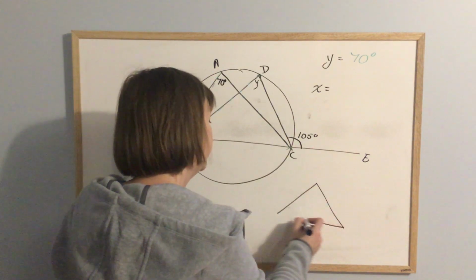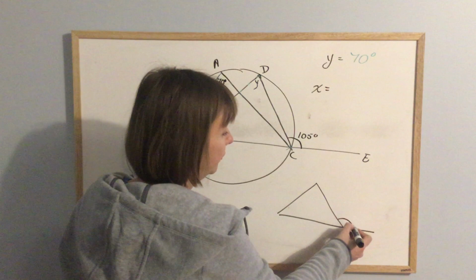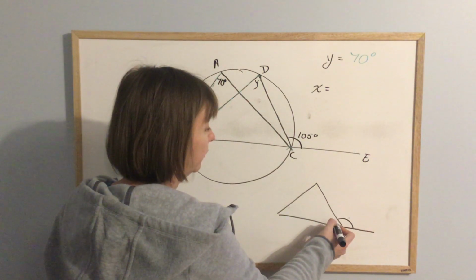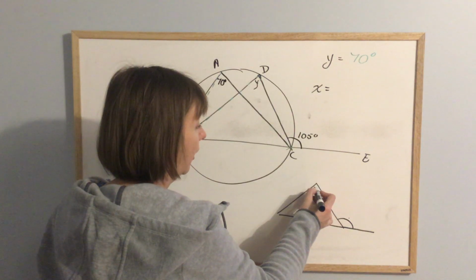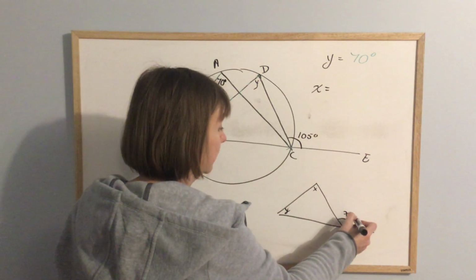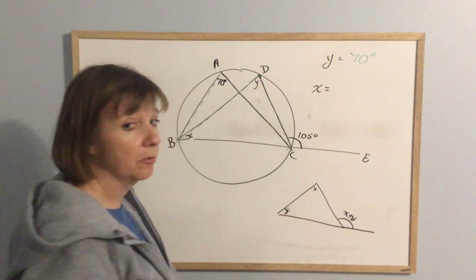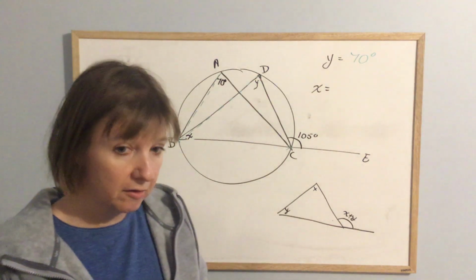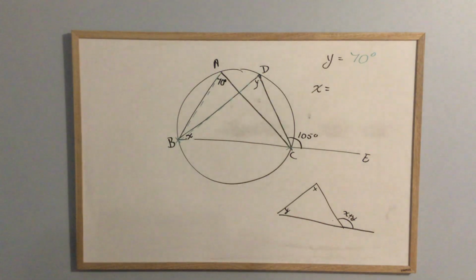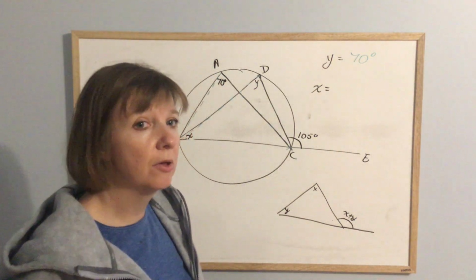about if you have a triangle and one of the lines extends, if you know this exterior angle, it is equal to the interior opposite angles added together. So this angle is whatever this one plus this one is. That is called the exterior angle theorem. See why I said you need to know these? It's not that you need to write them out, but you need to know them